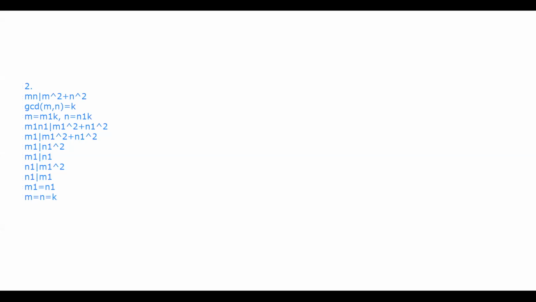Okay. So that is the answer for the second problem. Samyak has given m1 divides m square plus n square. Many of you got mn divides m plus n, but after that step you are not able to prove it. I want you to prove after that step. There is another way: mn divides m square plus n square implies that mn divides m plus n. I want you to find out how.